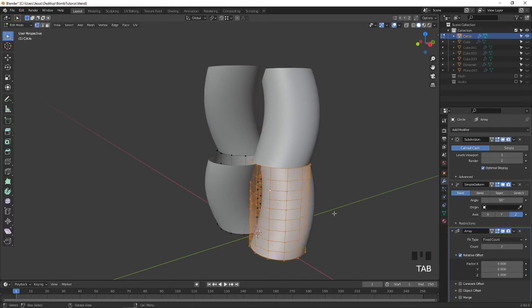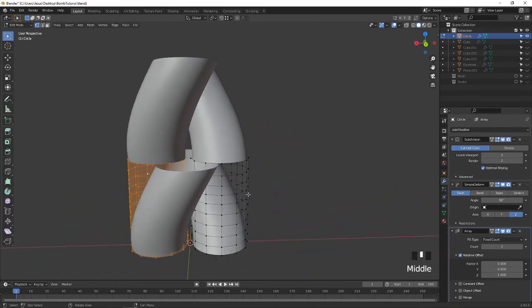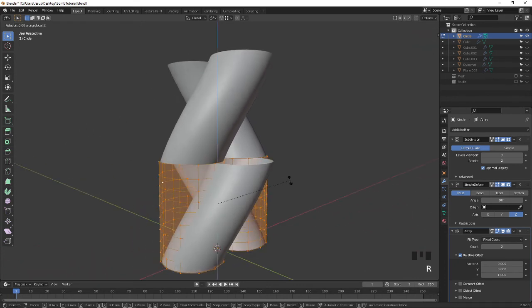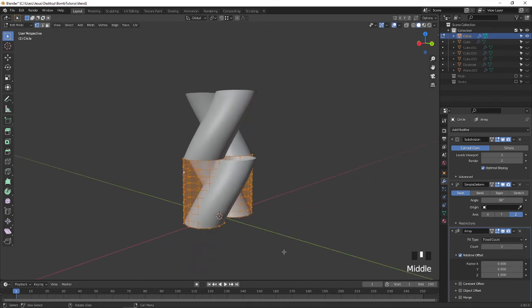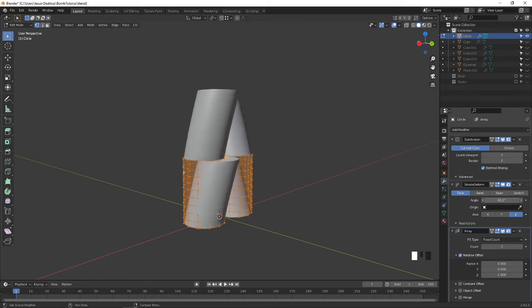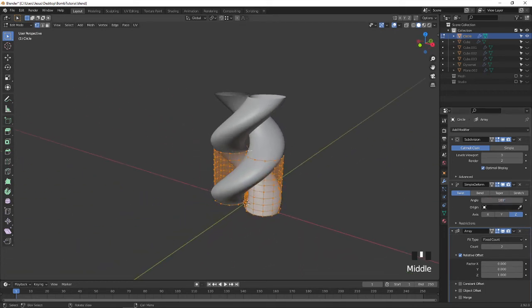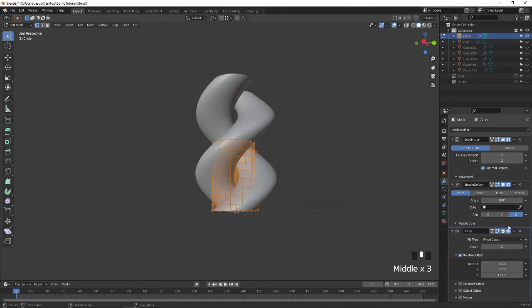What I'm going to do, I'm going to go into edit mode, select everything, Z to rotate, sorry, I'm going to assign this one as one. Okay, make it 180 to rotate like this, but it doesn't look good.